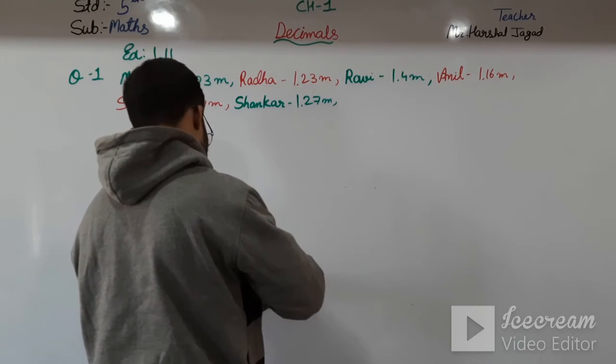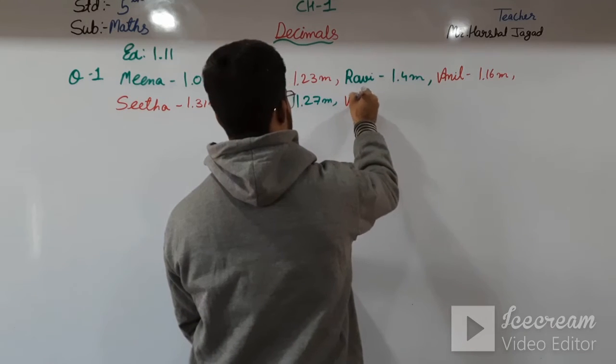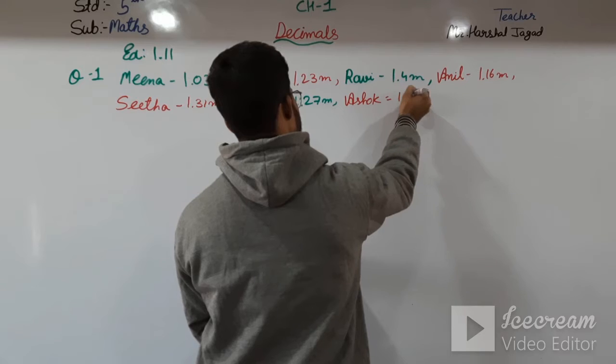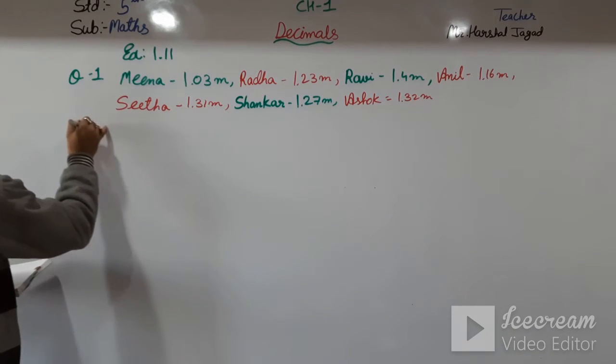And Ashok, that is 1.32 meter. And we have to find the total